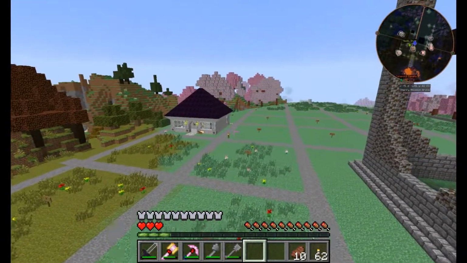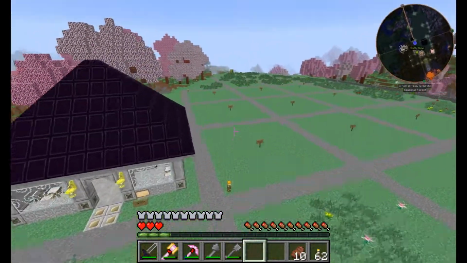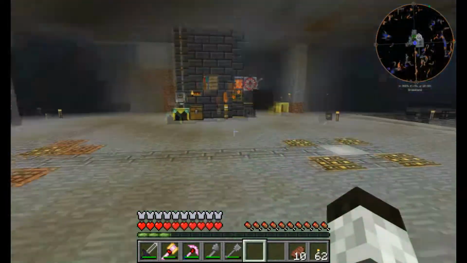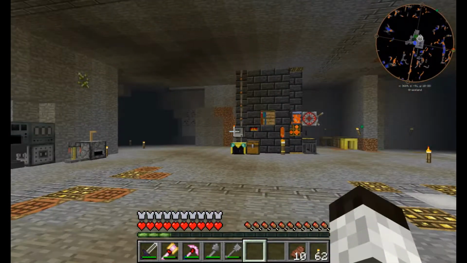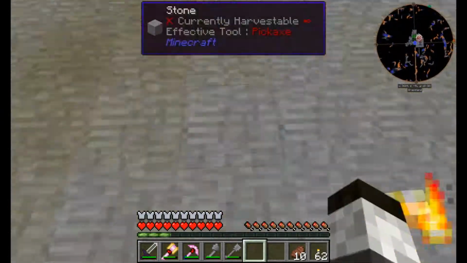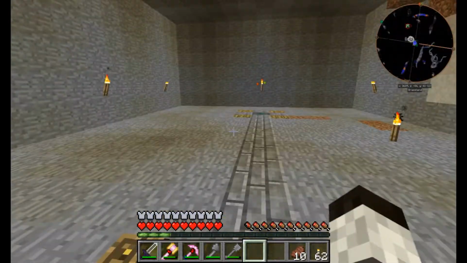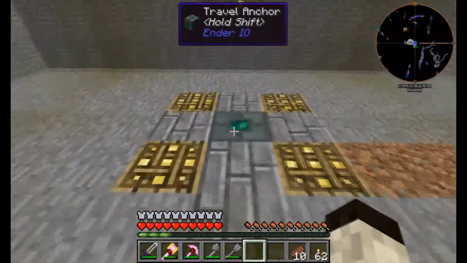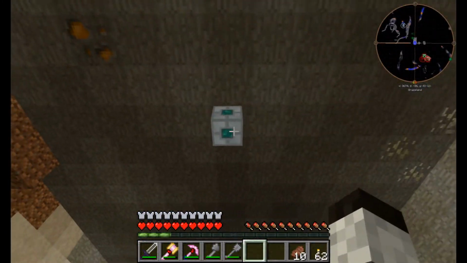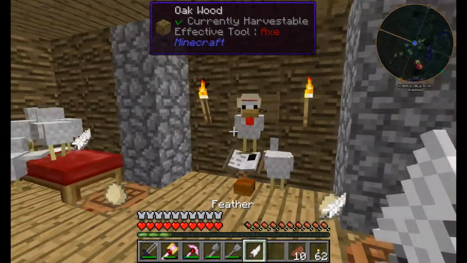I'm going to do a little cleanup here, and then we're going to go check out my base real quick, some changes there as well, and I will see you guys in a second. And welcome to my base. Let's start off at the top floor. Okay. So you guys are familiar with the travel anchor. This goes upstairs into my little fake house. I haven't come this way in a while because with all the Mistcraft books, I kind of have it...